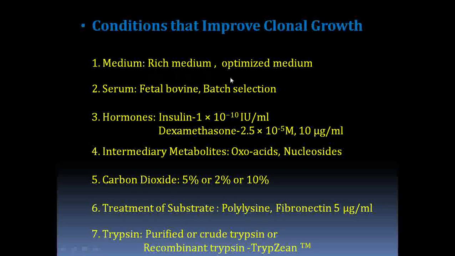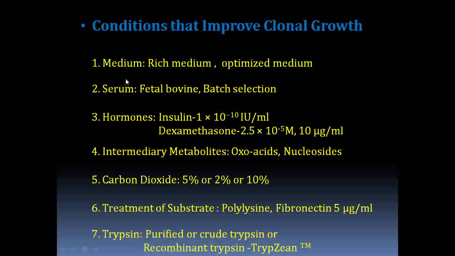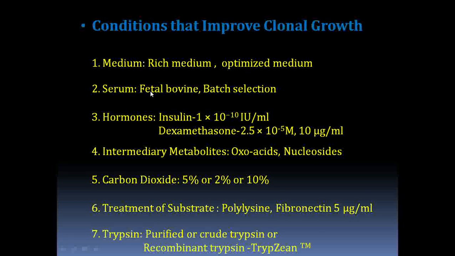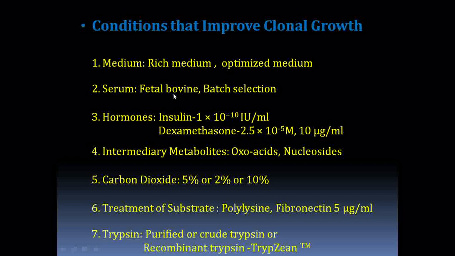Fine, that's the first topic. Now we'll talk about serum, right? The way we have a medium which provides all the constituents required for clonal growth to happen, in the same manner we add other factors to it, that is serum, which will help growth to occur. So the more preferred one is fetal bovine compared to calf and horse serum, right?